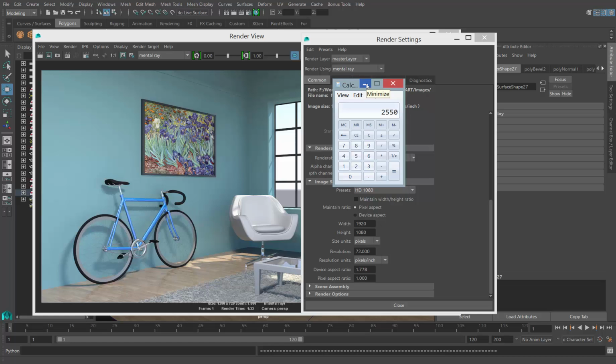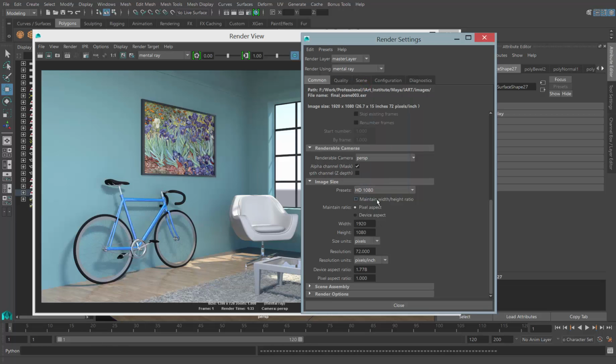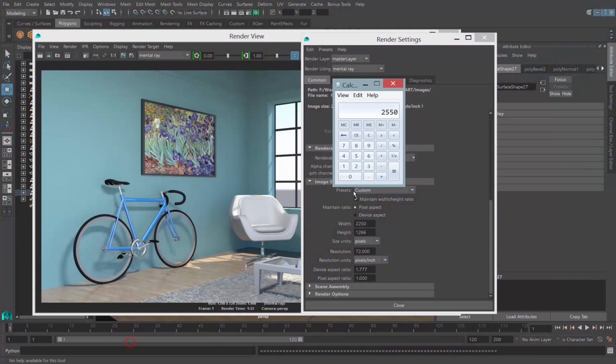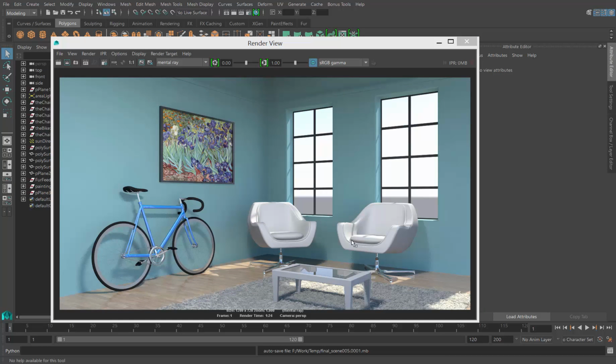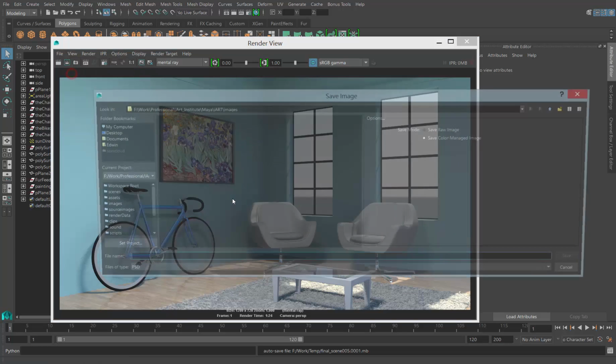So now that you know what 2550 is, you can click this box that says maintain width and height ratio and type in 2550. No, sorry, it was 2550. And you can see that the other number changes because you've clicked this box. And so you can click render, and it will take a great deal longer, but you'll get a much higher resolution image. So why don't we close our window, and then in this render view go to File, Save Image,